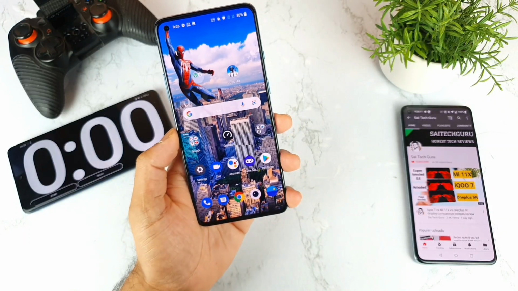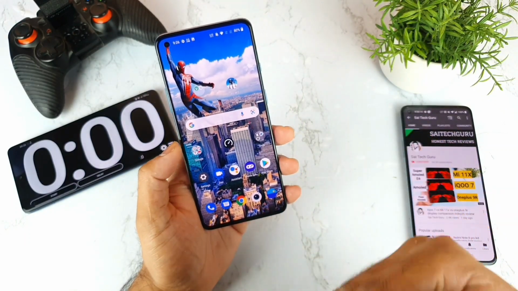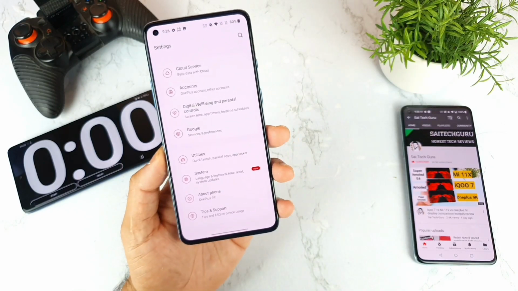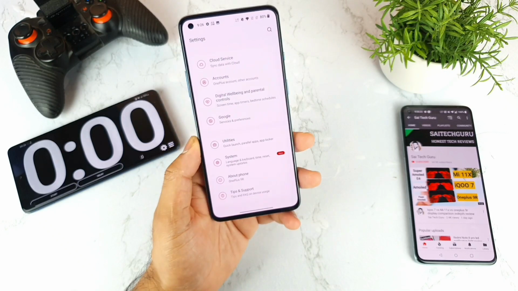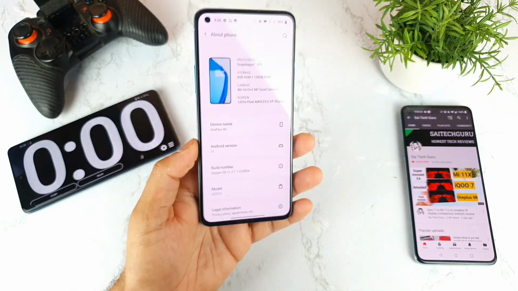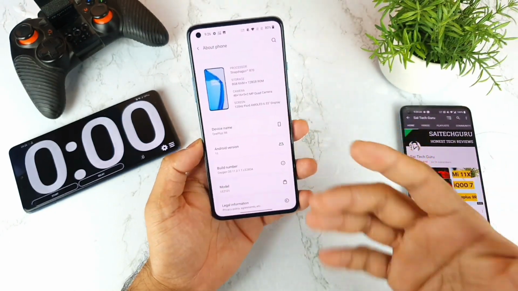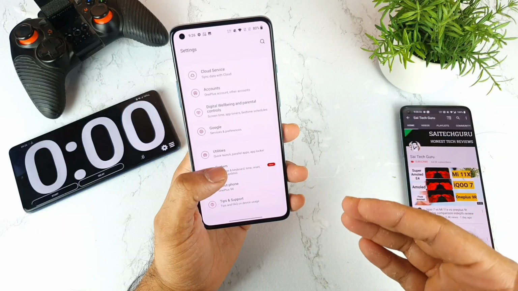Today we'll talk about the software update size, features and how much time it takes to install the latest update on this OnePlus 9R device. These are the three major things I'll be covering in this entire video. The model I'm using is a OnePlus 9R, as you can see friends, and I have the stopwatch ready. Let's see how much time it actually takes to install and process the update.